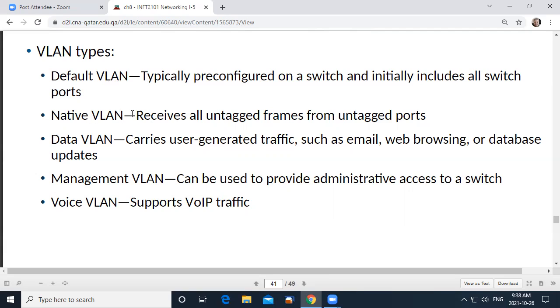Native VLAN: if we don't tag our frames, or haven't organized to tag all our frames, remember we've got that protocol which puts a tag on the frame mentioning which subnet it belongs to. If we're not doing that, then all of those frames will end up on the VLAN. So these are suboptimal ways of working with our VLANs. With our data VLAN and management VLAN, we do want to manage it. And so we want to make sure that we're using our VLAN in the way that we should be.